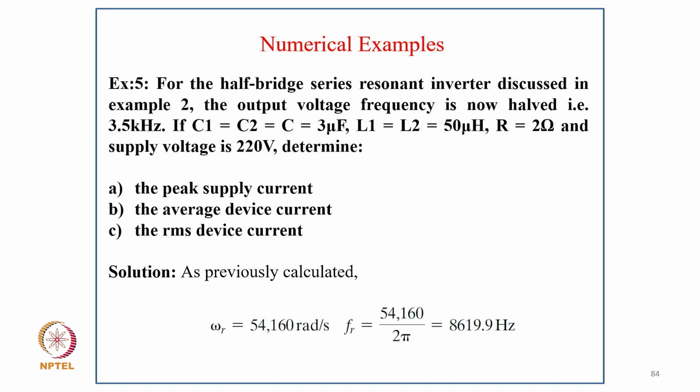Now coming to example 5. For the half bridge series resonant inverter discussed in example 2, the output voltage frequency is now 3.5 kilohertz, and if C1 equal to C2 equal to C equal to 3 microfarad, L1 equal to L2 equal to 50 microhenry, R equal to ohm, and supply voltage 220 volt, determine the peak supply current, the average device current, and the RMS device current. As previously calculated, omega R equal to 54,160, so FR becomes